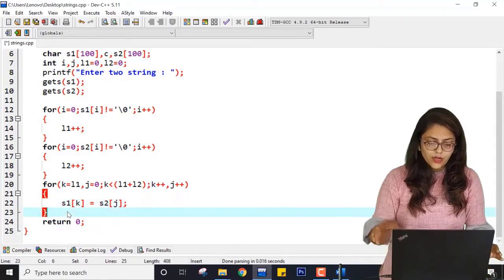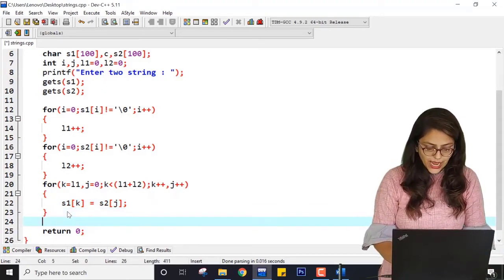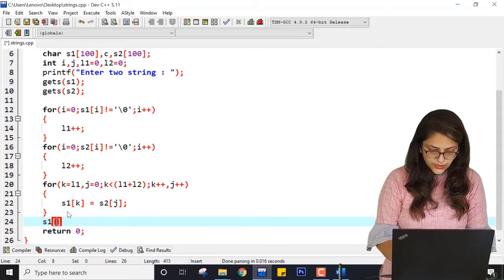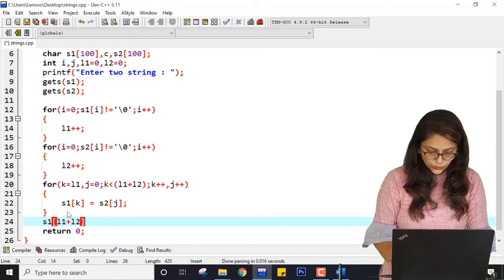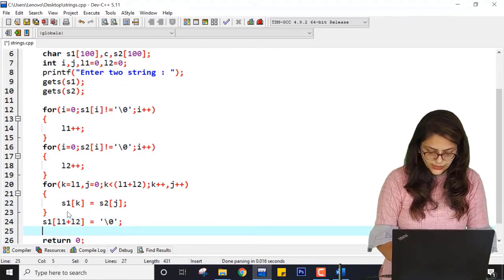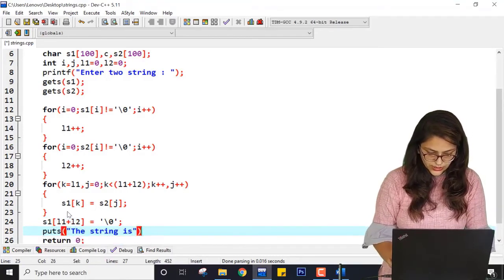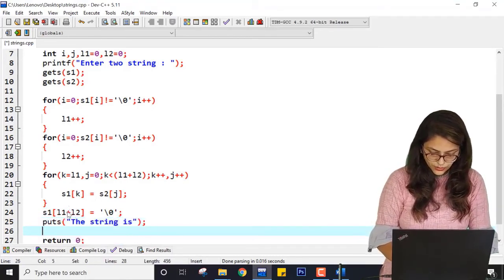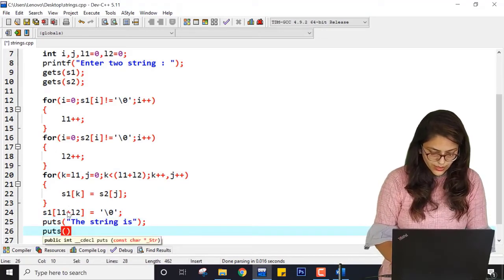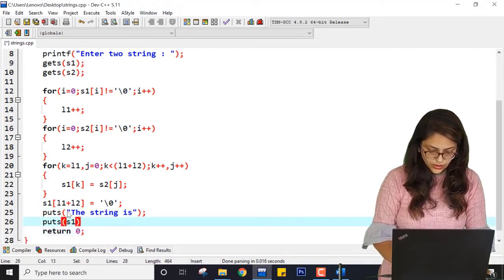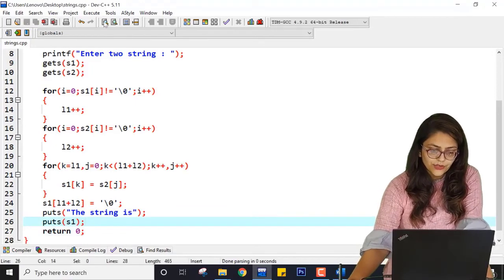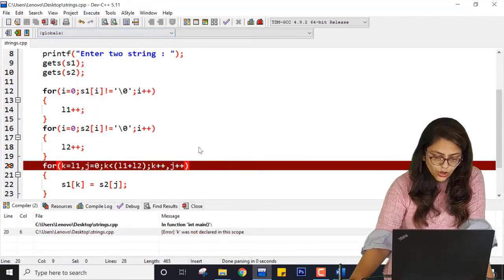So now once this entire thing is happening, I have to do S1 of L1 plus L2 equal to null, because the last character must be null. So I am doing this and then printing the string as the concatenated string. Let me just check if this program is correct or not.